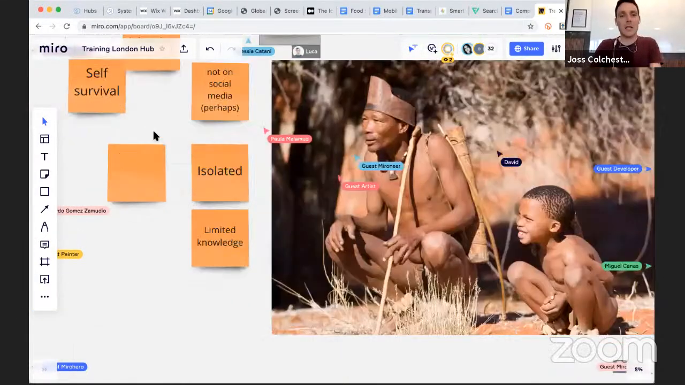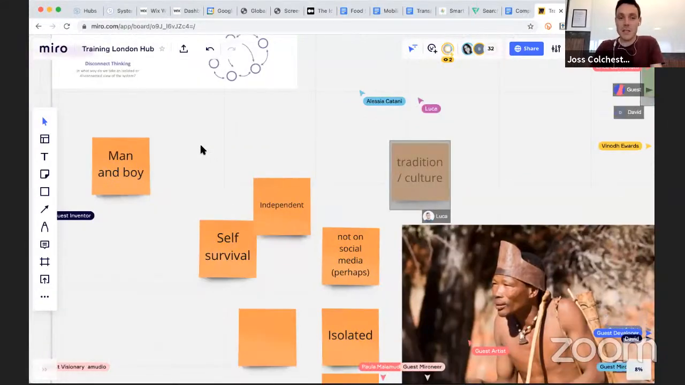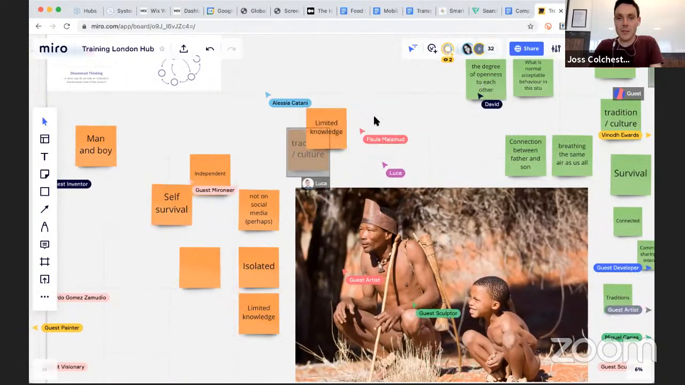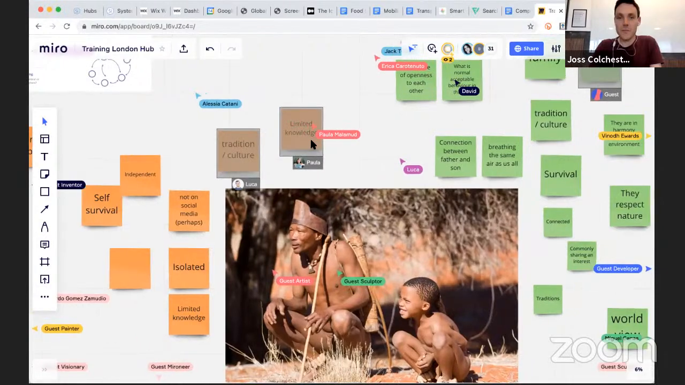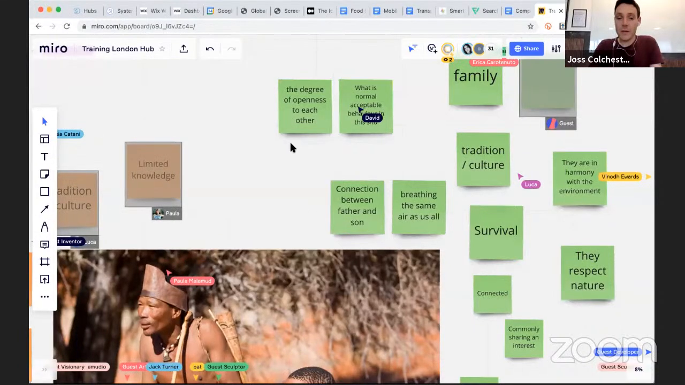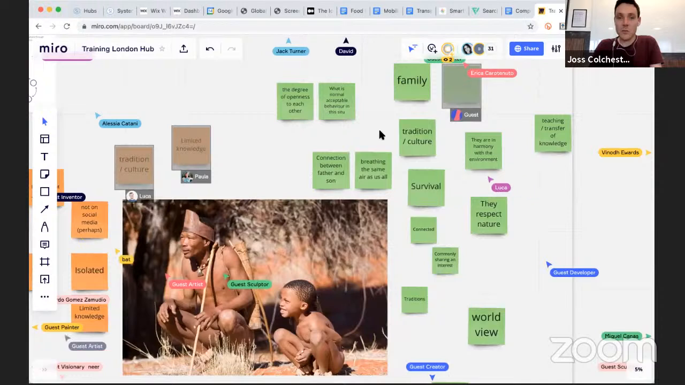Limited knowledge, isolated, not on social media, independent, self-survival, man and boy, limited knowledge, culture, traditional culture, the degree of openness to each other. Yeah, interesting one. Relationship between them. What is normal, acceptable behavior in this situation? Connection between father and son, breathing the same air